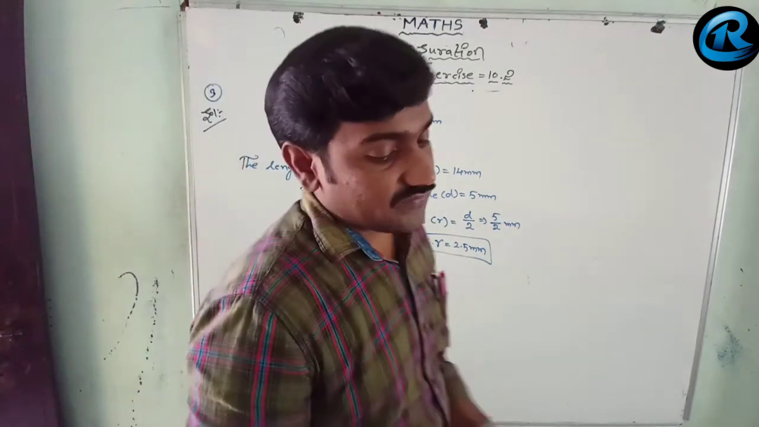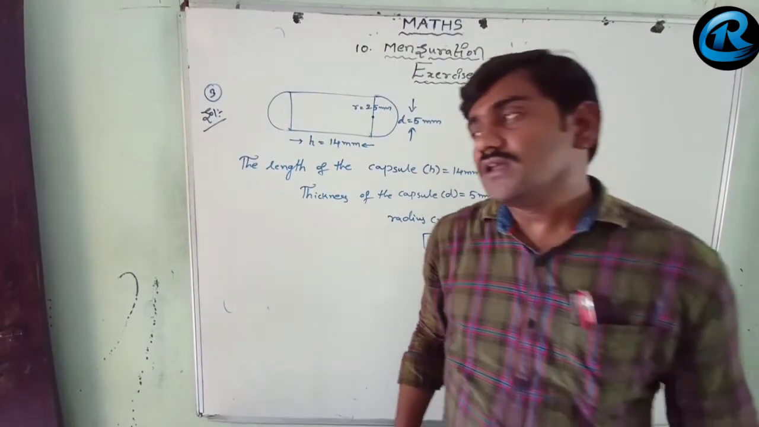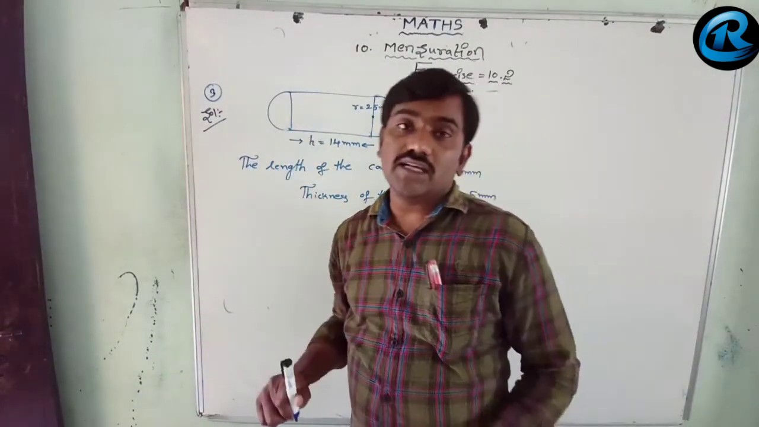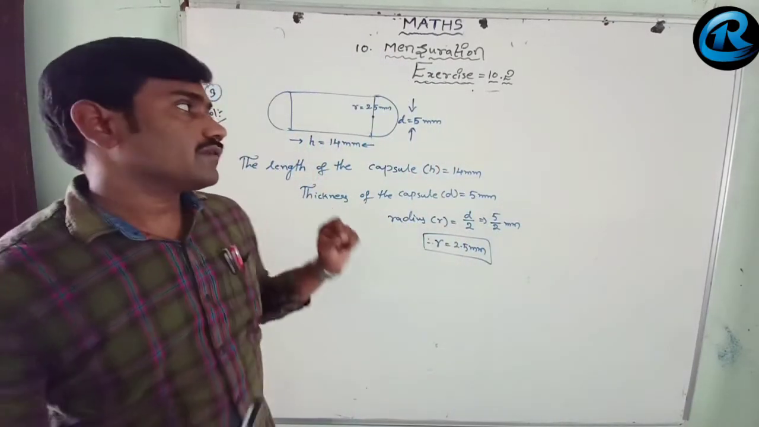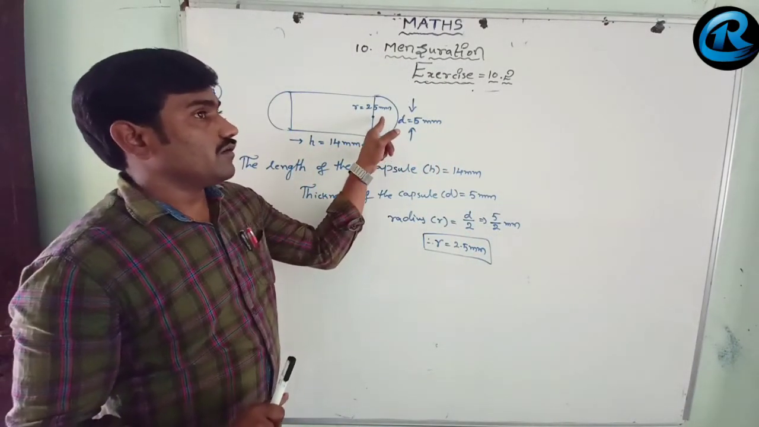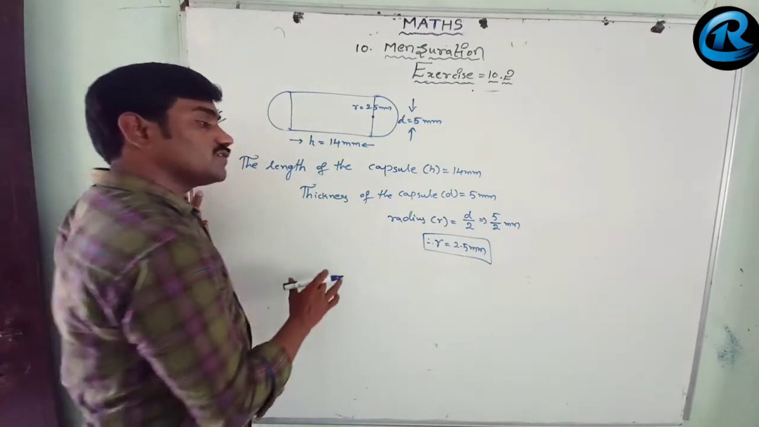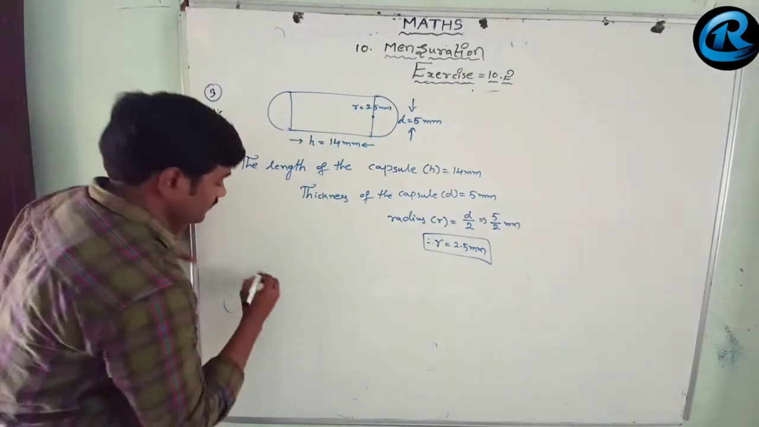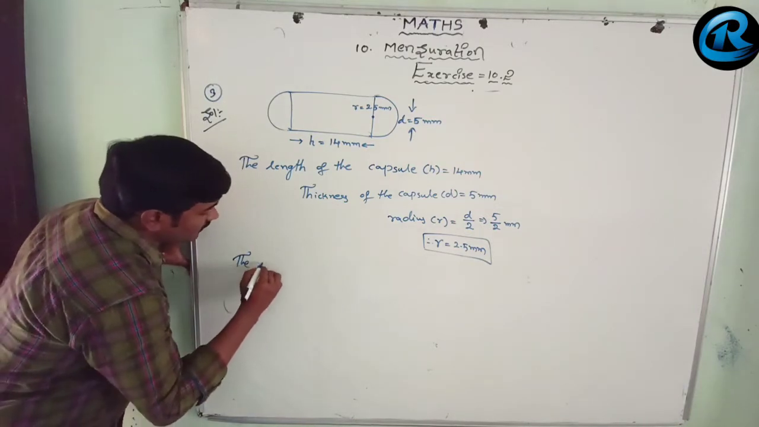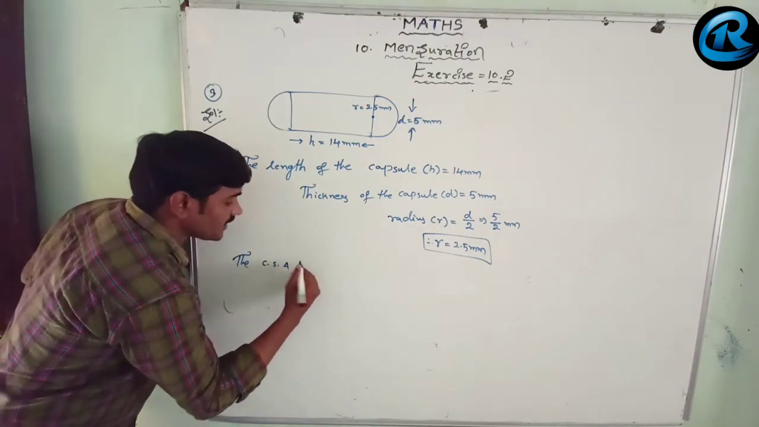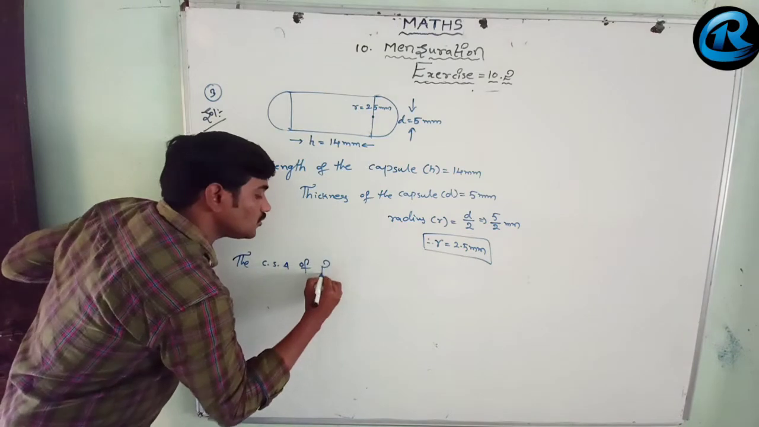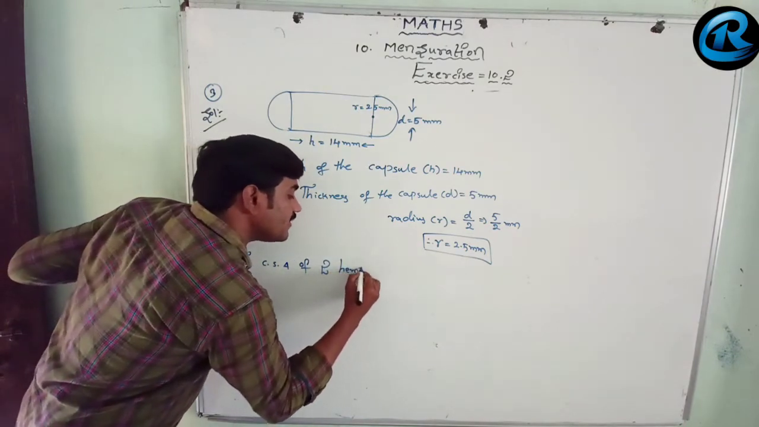How can we find the surface area? Tell me, how do we find it out? Here curved surface area of a cylinder and curved surface area of one hemisphere. These 2 hemispheres are there. So the curved surface area of 2 hemispheres